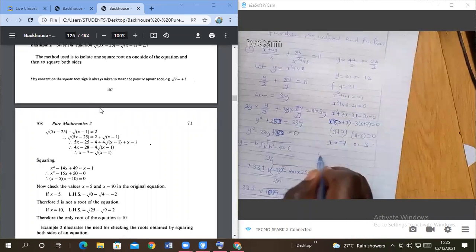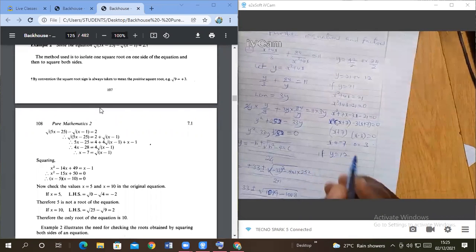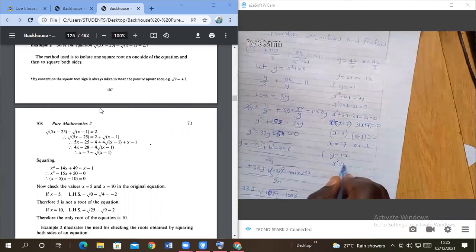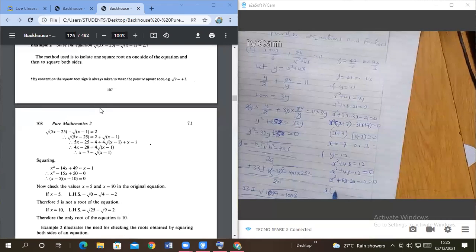Now, what if y is 12? We go back to what y was. So this time we have x squared plus 4x is equal to 12, meaning x squared plus 4x minus 12 is equal to 0. Factors are positive 6 and negative 2. Am I right? Yes. So we have x into (x plus 6)